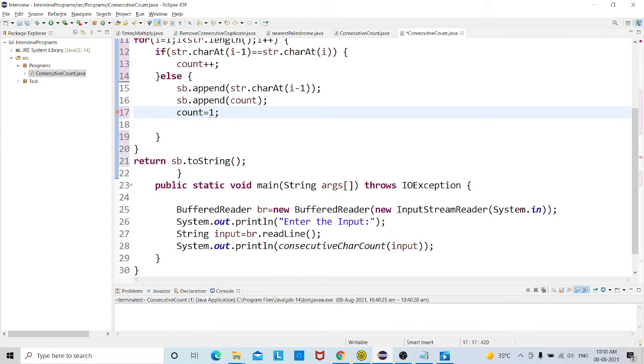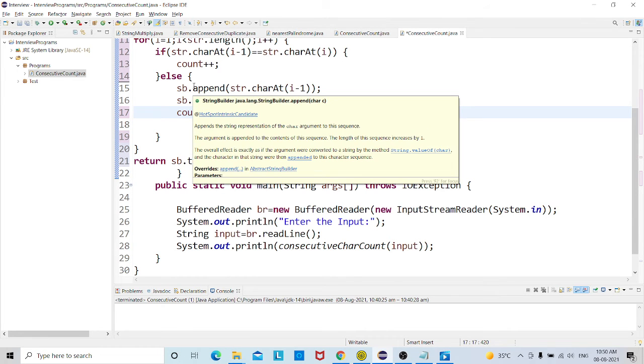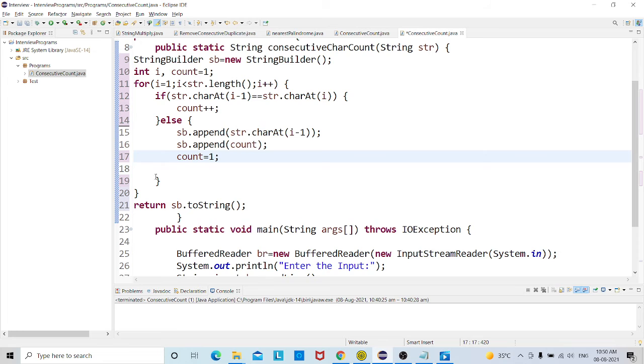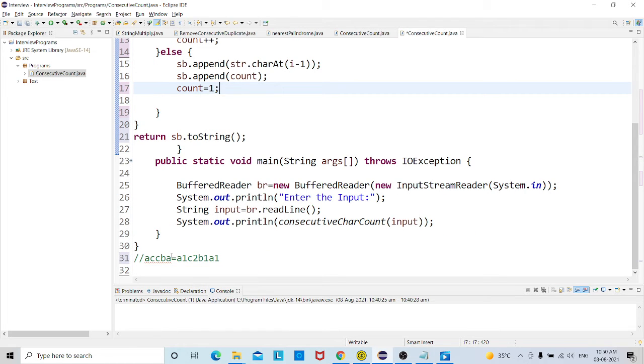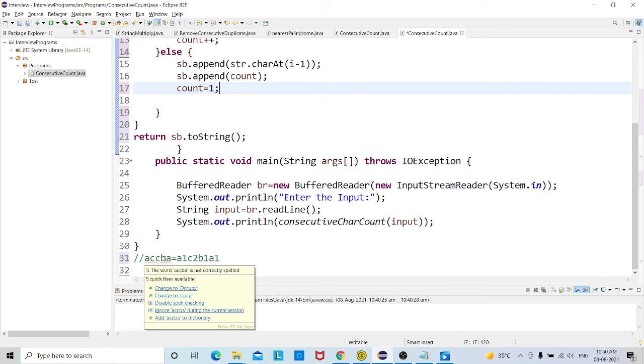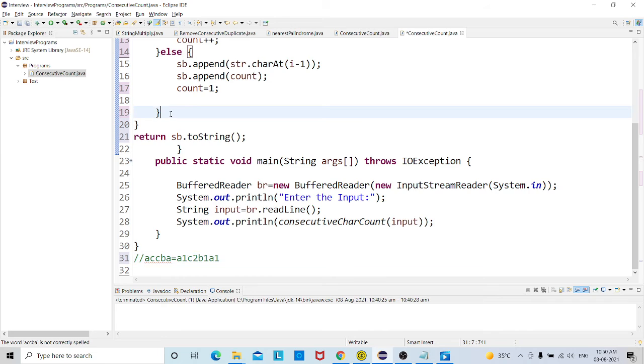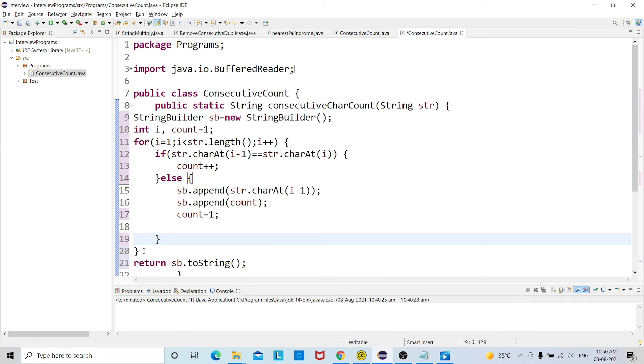With this logic, the StringBuilder will give the output A, C2, C, and so on, till the character before the last. For the last character, once this loop is executed, we need to append it separately.